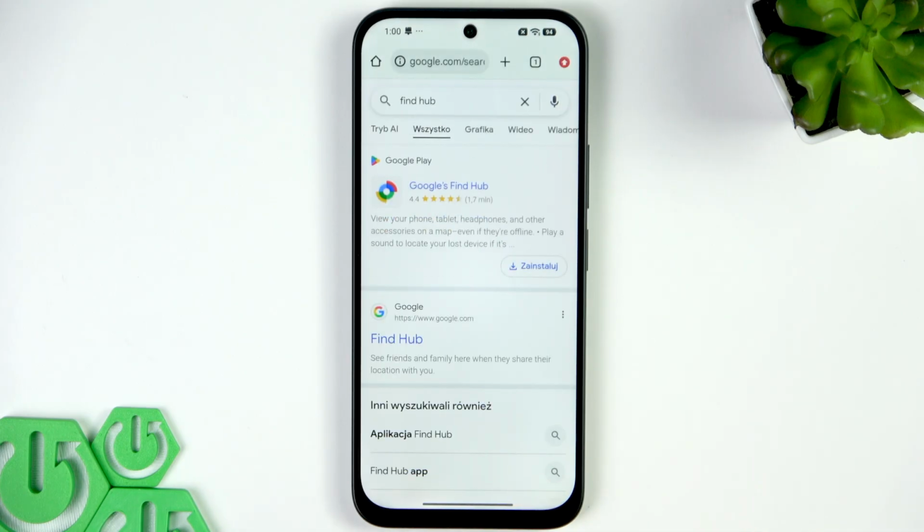To perform factory reset operation remotely, you have to open your web browser on any other device that you have around that has internet access. So it might be your tablet, it might be your laptop, it might be your second phone, it might be your PC. Then you're gonna have to find this website, so Find Hub,